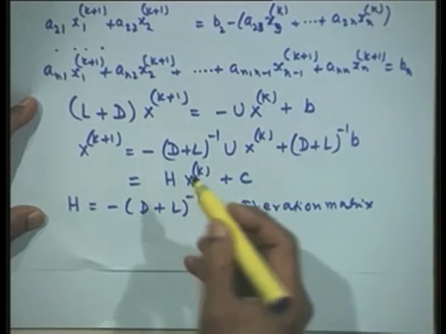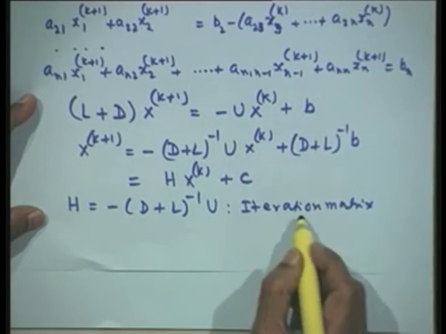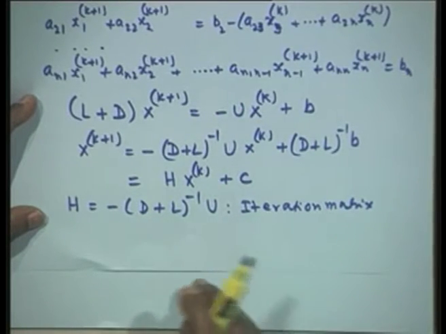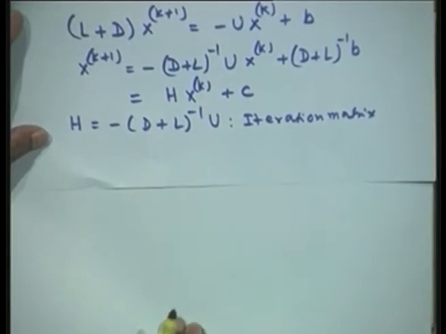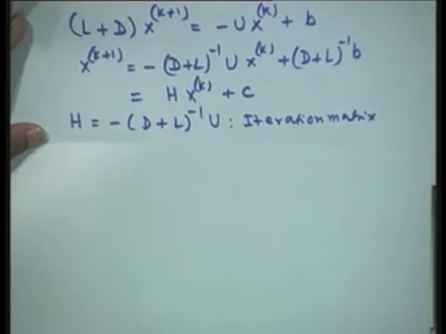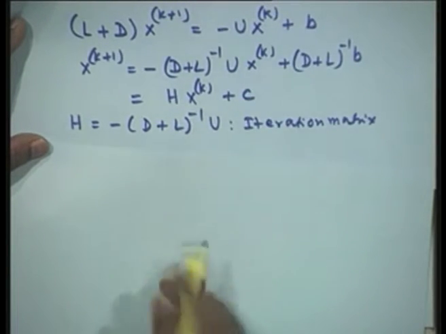Again the convergence properties of the Gauss-Seidel iteration method would depend on this iteration matrix, minus (D plus L) inverse of U. Now, again for computational purposes I would still not prefer this, I would use the error format of